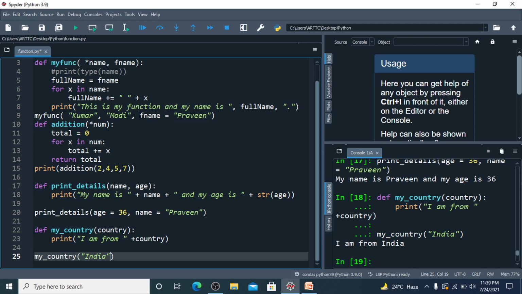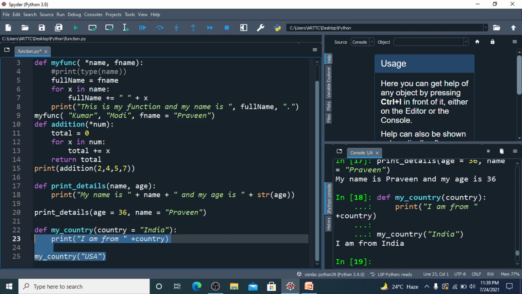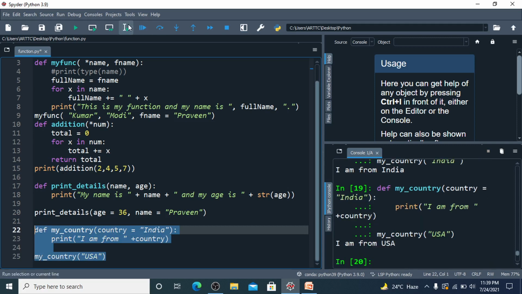In that case, we can use default parameter or default argument. So in this case, we will just pass the initial value, this is the India. So whenever a person belongs from another country, he will pass his country name. So this time, I am from USA.